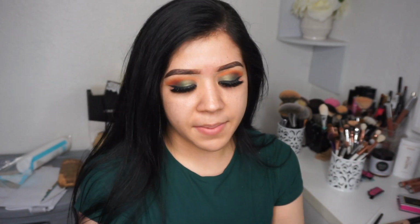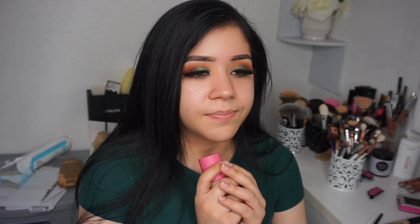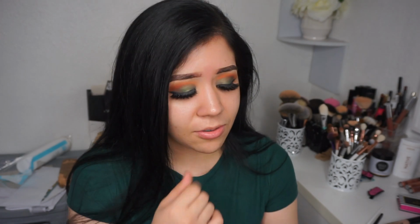So next is their Oh Wow foundation, and I am in the shade 3 Limelight Medium Beige. So they have, I think, 5 foundations, I believe. I know they don't have a huge shade range, but they do. I believe they claim that their foundation technology is kind of like camouflage. I guess you're just supposed to pick one that's closest to your skin tone, and the foundation will camouflage. It'll automatically match your skin tone, which I actually found that it does work that way, because I